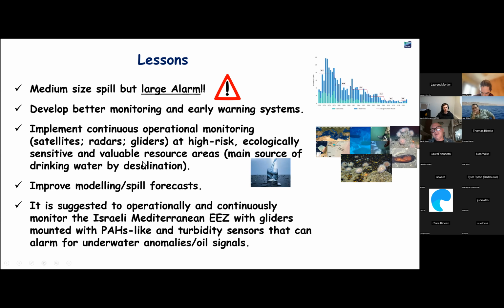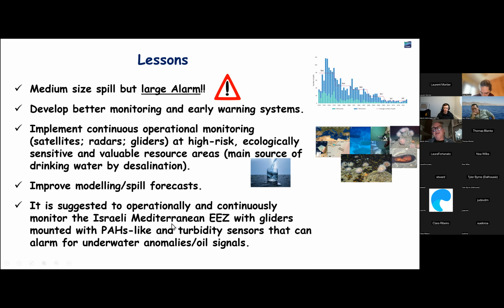We also suggested, based on this event, that we should develop better simulation with real-time data into the modeling, enlarge the domain of the modeling, and maybe develop a better model for the area that will also consider the other gas fields and a larger part of